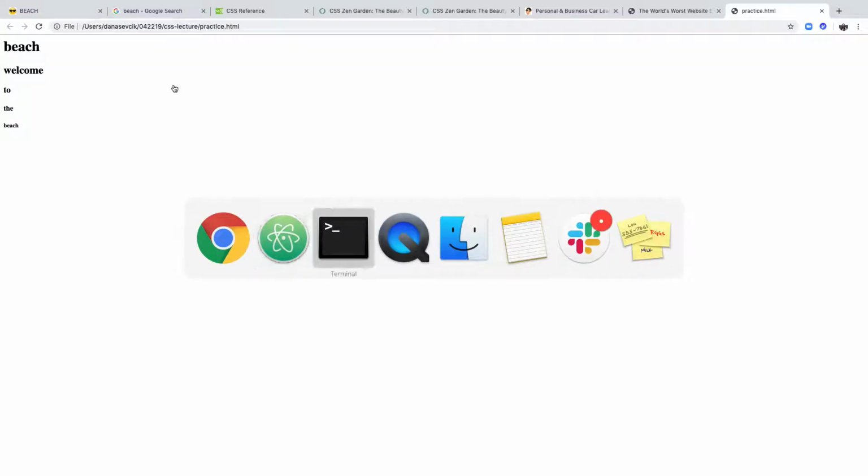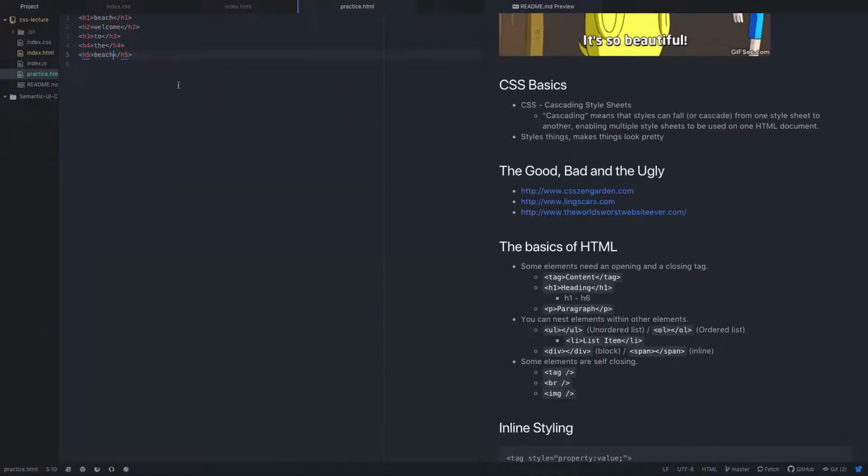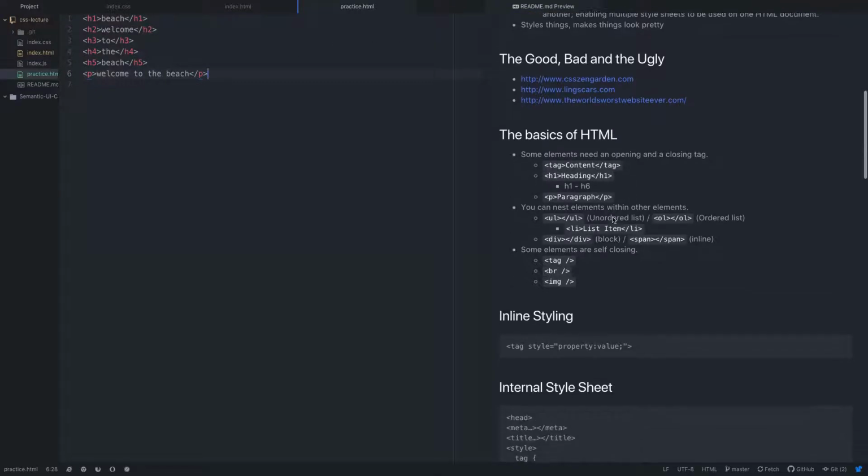And the things about our H1 tags and our H2 tags, these are really just pre-styled elements. So there's nothing too special about these. These have font size and font weight already given to you. So we can add a couple more here, p tags. And yeah, since you guys have seen most of these, we're going to move on to